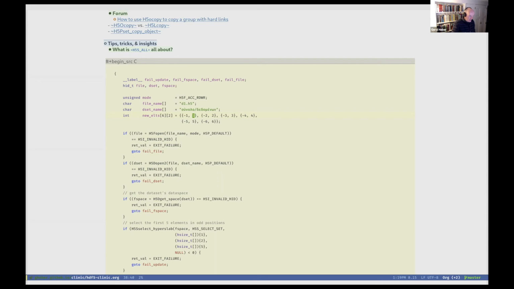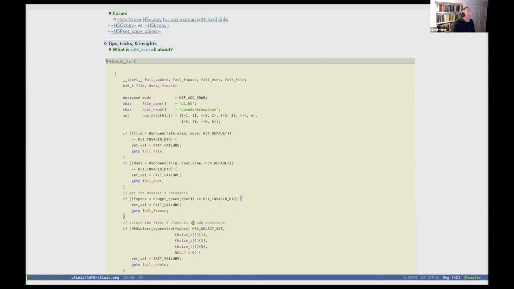one-dimensional data set. And the question is, along the way, we would like to use H5S_ALL, so what happens with that? Okay, so I'm just showing here the boilerplate code. We open the file, we open the data set, we get the data space. Here, at this point, if we parsed it out, we would see that this is a one-dimensional data space, and it has 10 elements.